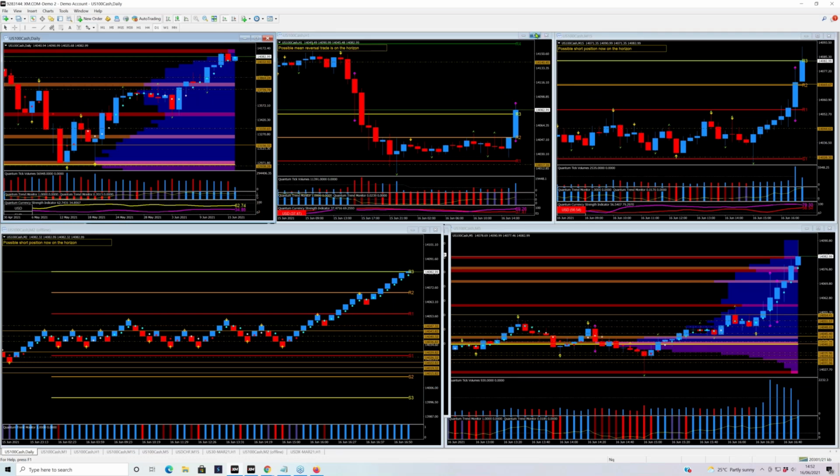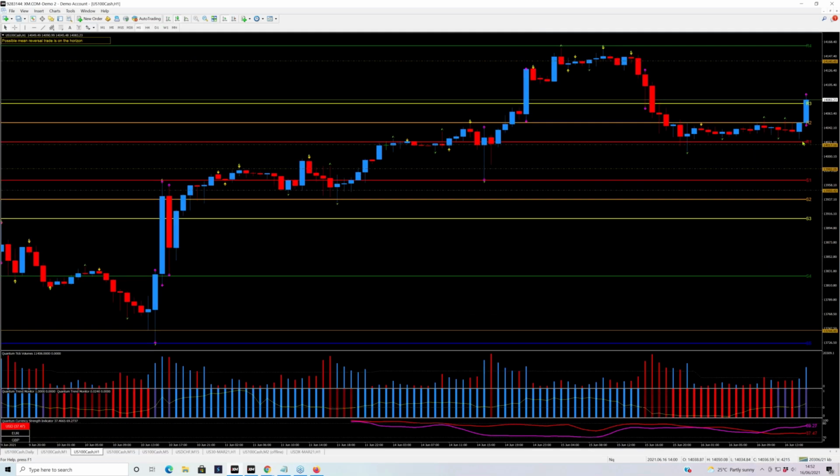But going back to levels now, what's interesting is we had this period of congestion that we normally get before the open. This is the hourly chart, but this congestion has been going on for some time. It's very, very narrow ranges, but when markets are at all-time highs, this is what you expect. Investors are nervous, traders are nervous. There's always a wall of worry, but what's fired off now is a volatility candle, and it's also hit the